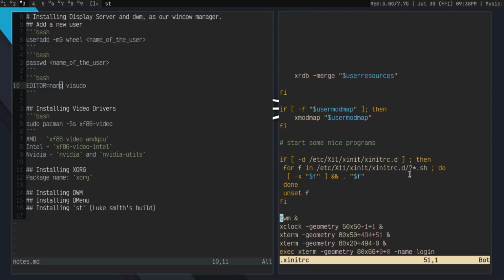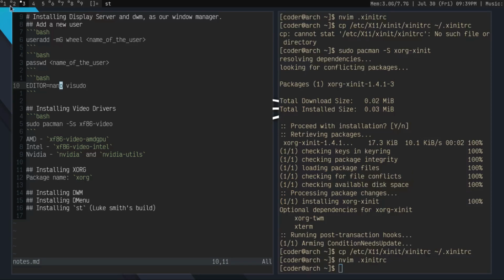After you have gone to the bottom, you should just remove these things, the lines which I have highlighted. Okay, just remove these, and then just type exec dwm. As simple as that. Okay, this will execute dwm.